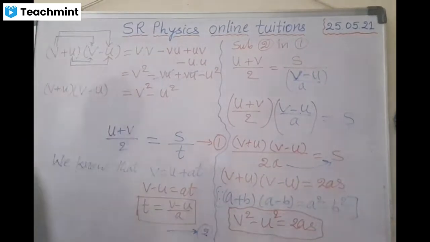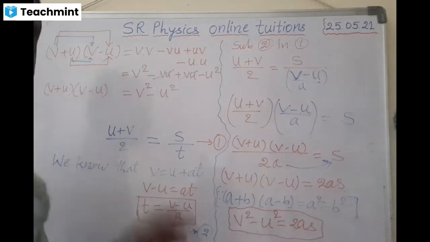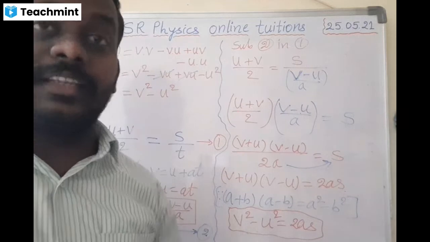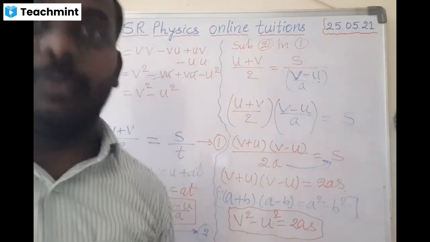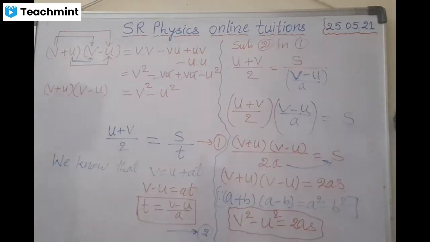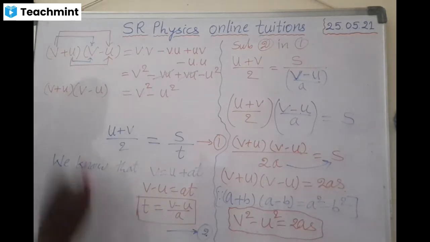Okay, is it clear to everyone? Now let me write the three equations of motion in one place, and let me show how to clarify and identify the three equations of motion very easily. Make a note of it on the screenshot. Now I'm going to move to writing an overview of the three equations of motion at a time.